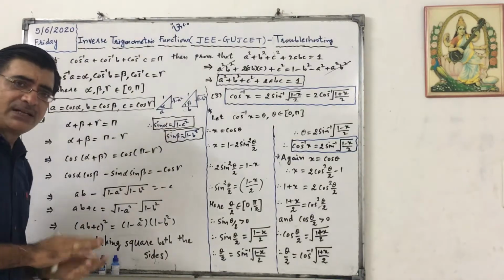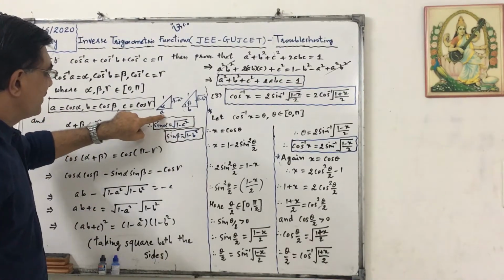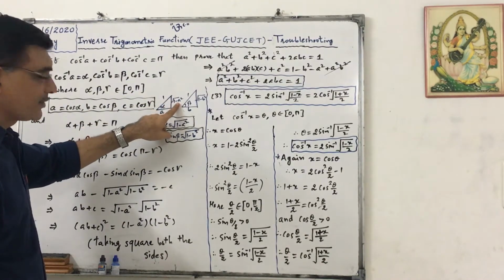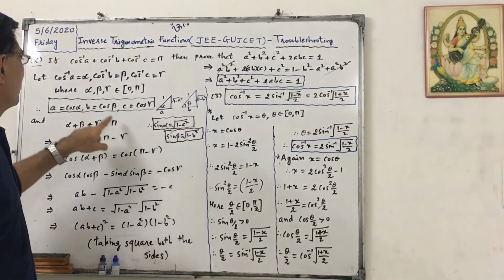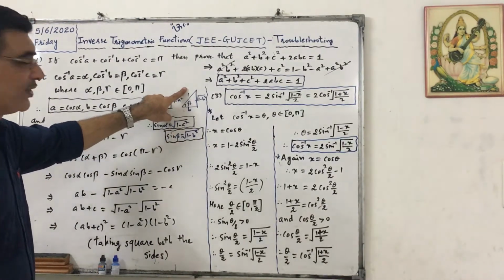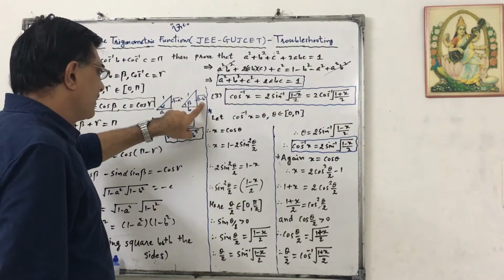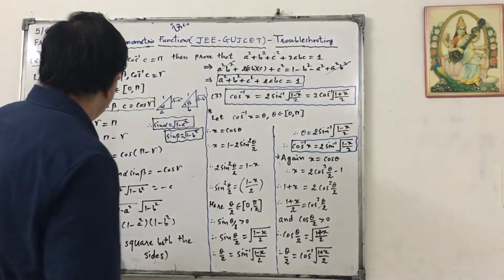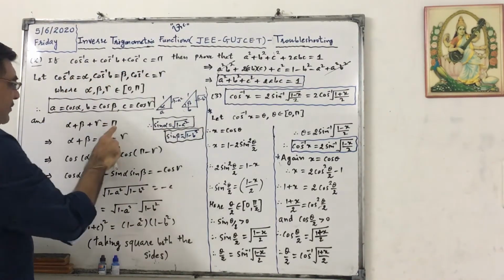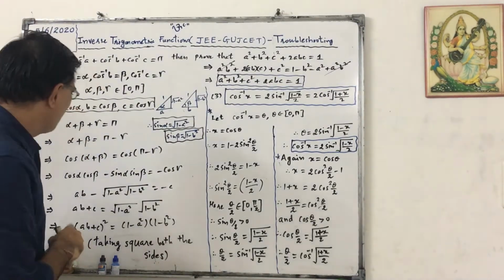Preparing right angle triangles, okay? So cos alpha equals adjacent side upon hypotenuse. So the opposite side will be equal to square root of 1 minus A square according to Pythagoras. Similarly, cos beta equals adjacent side upon hypotenuse. So the opposite side is square root of 1 minus B square according to Pythagoras. Now here, see, alpha plus beta plus gamma equals pi, which implies that alpha plus beta equals pi minus gamma.